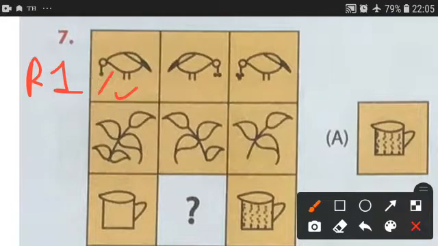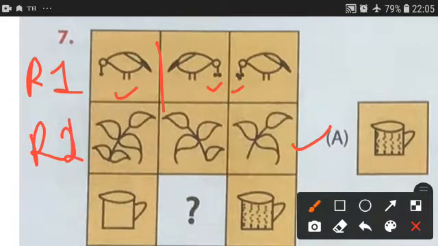Okay, you can check the seeds, the number of seeds are increasing, and the bird is laterally inverted. Means what? The mirror image of the bird is there, only these seeds are increasing. Similarly, if you check this second row, leaves are decreasing, and there it is a mirror image making, or laterally inverted image. Similarly, these leaves are reducing.